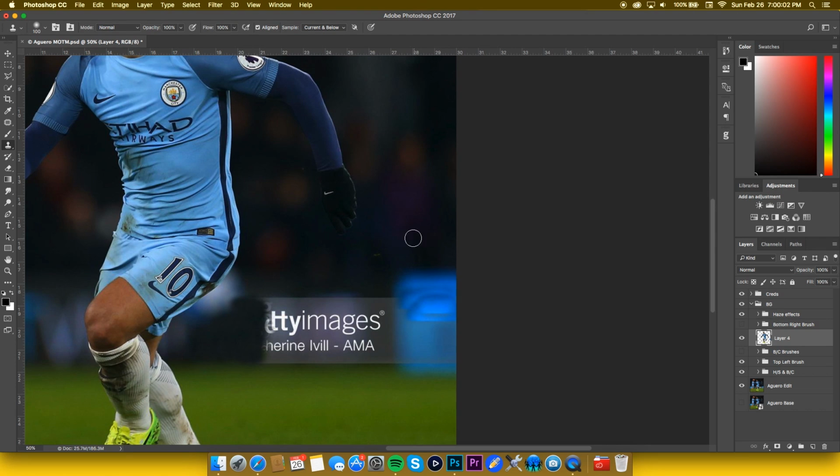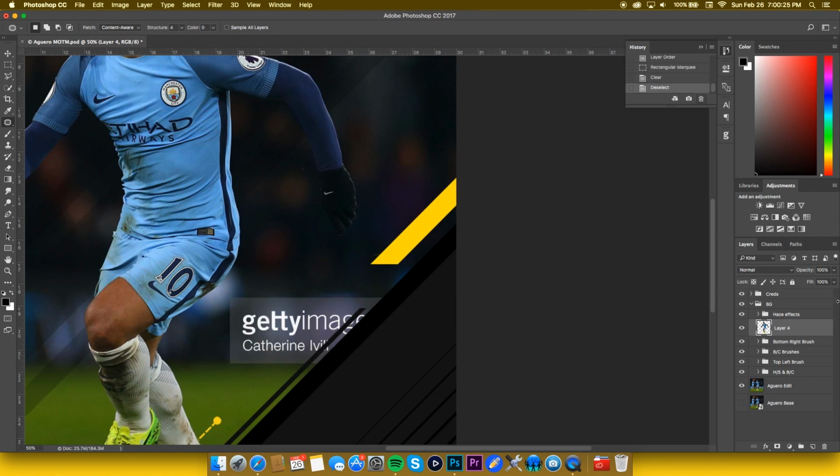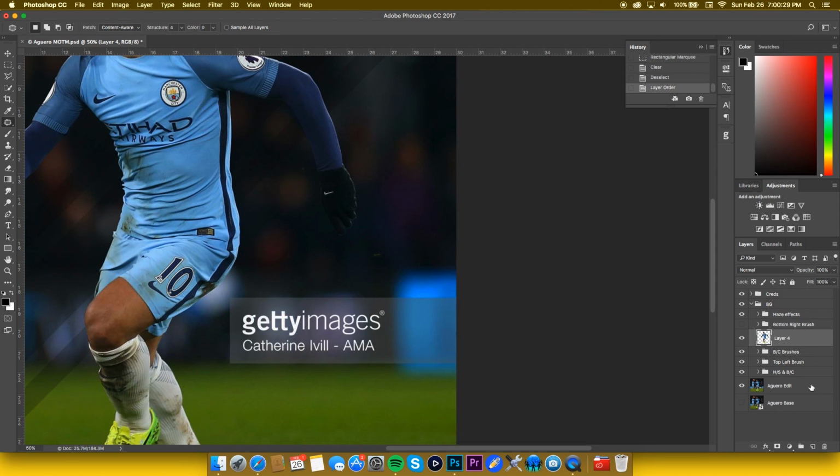And if we want, we can just do something easy. Press J, and it's going to give you this patch tool. What you want to do is select around the get images and just move the patch tool up. Actually, hold on guys, I messed up. I was doing all this on the render layer, so we want to remove all that and go back underneath, take this off, and I'll go back to the Aguero edit, and this should be much